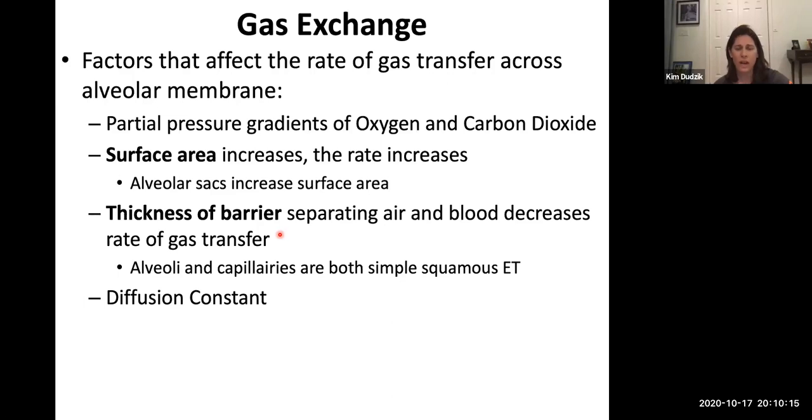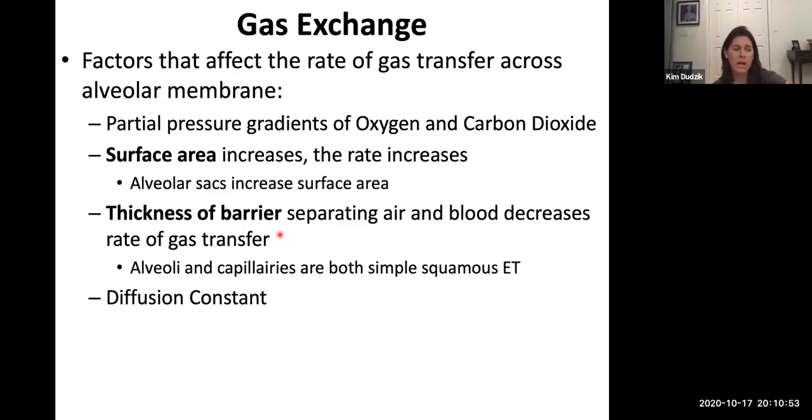Number two has to do with the surface area of the exchange membrane. Remember we talked about how in the lungs, instead of being just a flat membrane for gas exchange to occur, the lung tissue formed these little sacs called alveoli. That's folding up the tissue, creating more tissue within that small space inside of our chest cavity. So that's how we increase surface area. The more surface area there is, the more area there is for the exchange to take place.